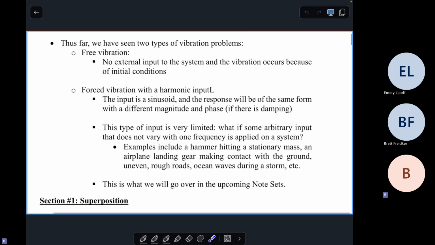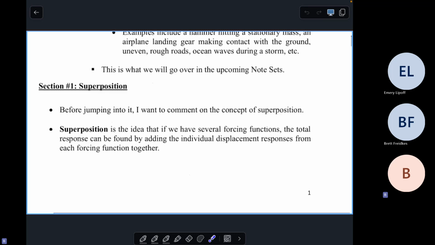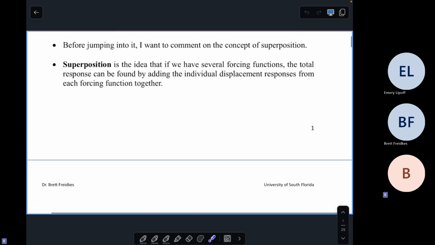The other thing is forced vibration, where we looked at it with the sinusoidal input. We've done all that math. That was from the previous exam, where we had a sine wave or a cosine wave. We can assume a solution for the differential equation. We can do something like the complex response method to determine what x of t is. But then the next question becomes, what if you have multiple forces acting at the same time, or forces of a very strange variety? And we jumped into the idea of superposition first, which basically says that if I have